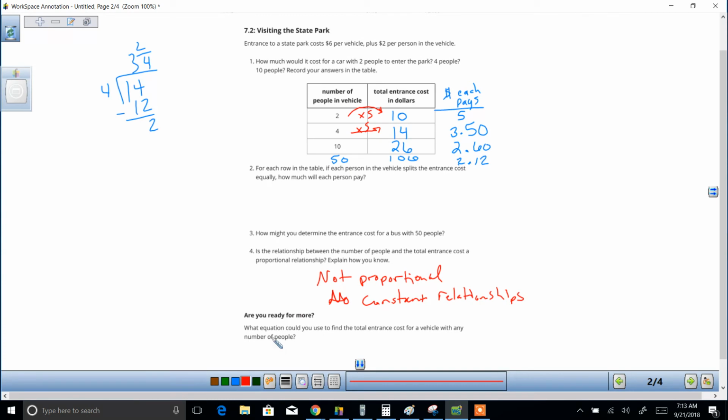And then down here at the bottom, a little extra: what equation could you use to find the total entrance cost for a vehicle with any number of people? There is a relationship between these, and what we did